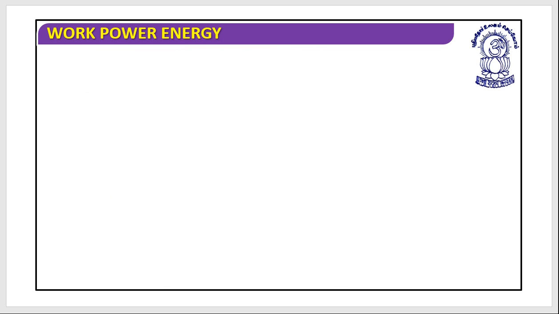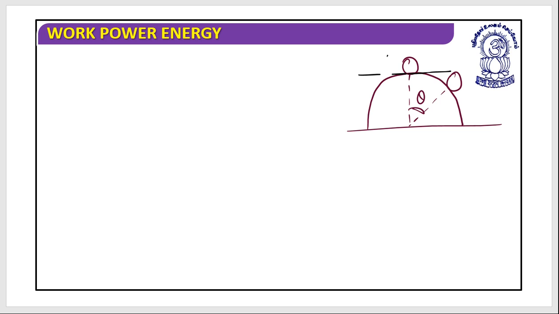Now the situation is this; this was our situation. In fact, it is a circle in nature. We are making it with half of the circle so that things look easier. Now let's assume that this is location 1 and this is the reference, that means height equals 0, and this is location number 2. This is h. So if I write total energy at location 1 equals total energy at location 2,